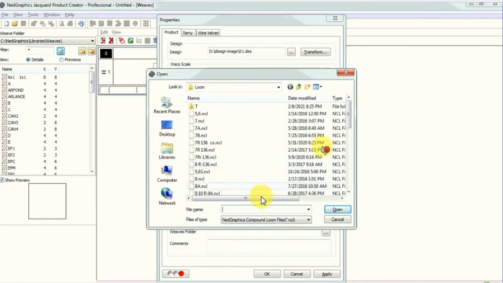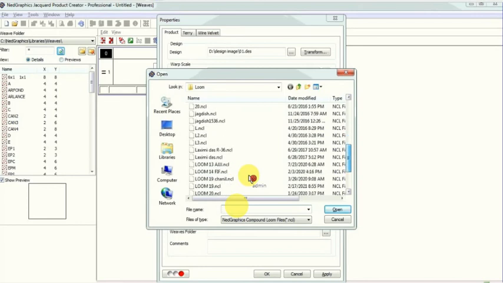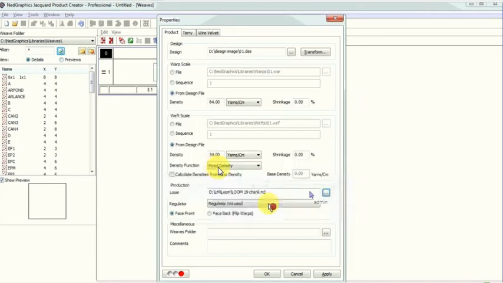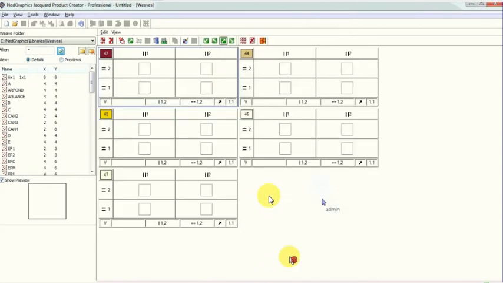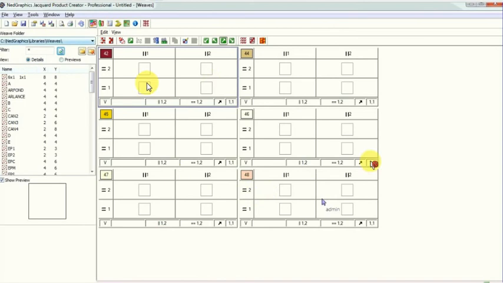So now I am selecting the loom file, which is for jacquard, whatever the cost out is there, that I already have in my library. So I am just selecting that. When I select and press OK, I get the colors which I have edited in the Texel. These are the colors. Six colors I used in this design.